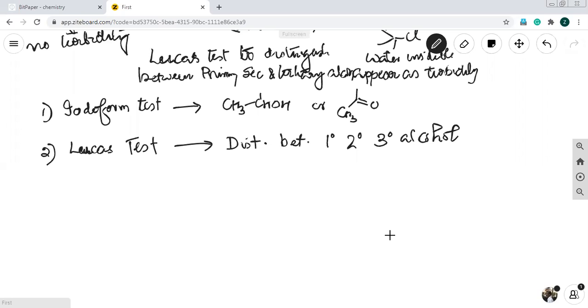So what happens is the methanol will also get